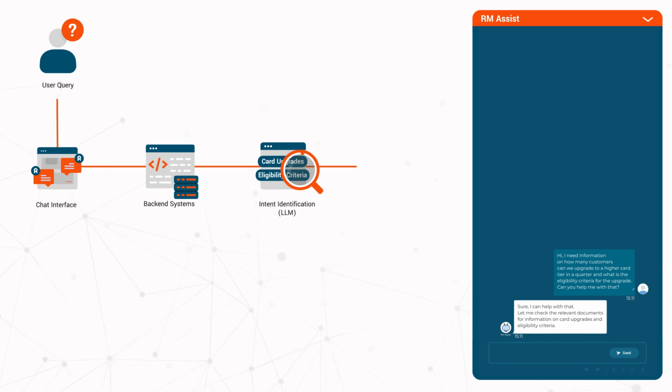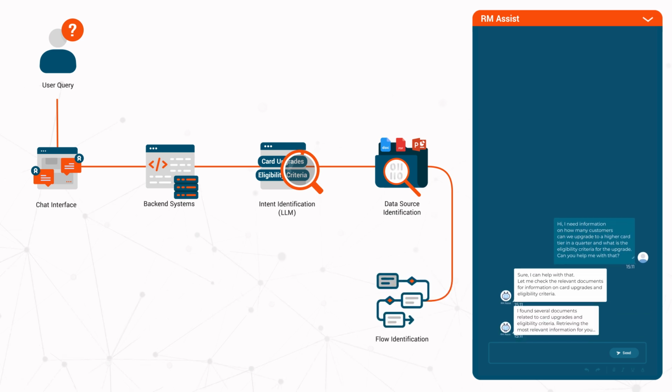Intent identification determines the query intent and identifies the Card Issuance Organization Policy Word document placed at the central data repository. The system maps out the appropriate flow to retrieve the necessary information. It identifies the card issuance policy document from the central data repository and further identifies the card upgrades and eligibility section. Solution identifies the right section, in this case, card upgrades from the Card Issuance Organization Policy Word document, and looks for eligibility information to address